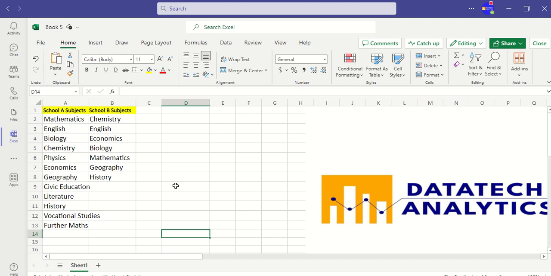In this video, we are going to look at these two records from School A and School B and see the subject which is offered in School A but not offered in School B. Again, we want to look at the subjects which are offered in School A but are not offered in School B. If you look at School A now, you will see that there's mathematics here and there's also